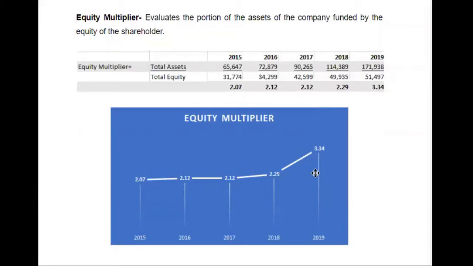The data shown above from 2015 to 2016, equity multiplier increased slightly. In 2015, its ratio was 2.07, which means that it used 48.4% of its equity to finance its assets, while the rest was financed with debt. It has been stable from 2016 to 2017 with a constant equity multiplier ratio of 2.12. It increased slightly to 2.29 in the year 2018, but there is a significant increase in the year 2019 with a ratio of 3.34. It means that the debt portion has increased significantly from 2018 to 2019. In 2019, only 29.85% of assets are financed by equity, while the rest are financed with debt.